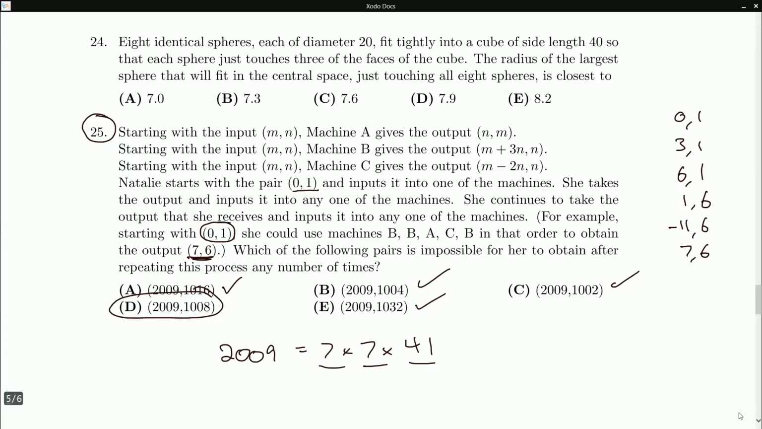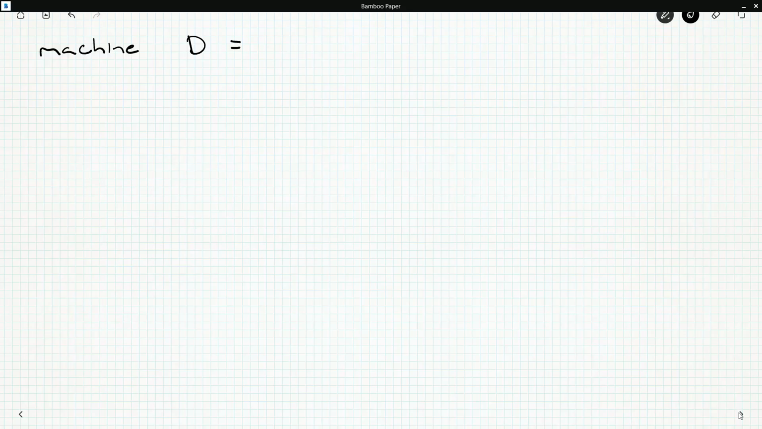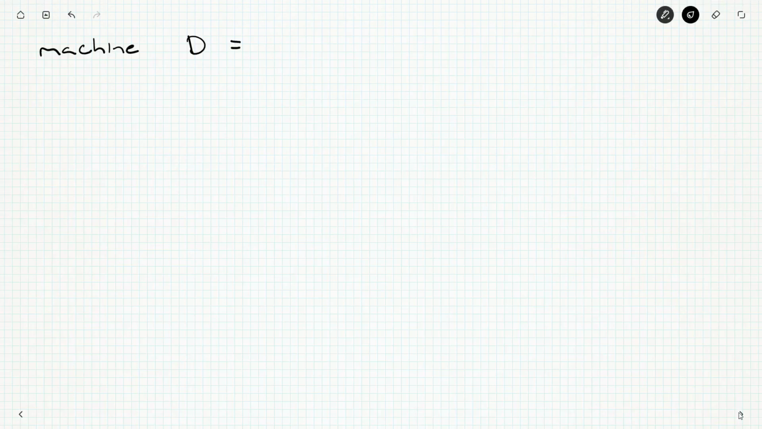So machine D, I'm going to say is, and this is extra stuff. We've got our answer here. The answer is D. I'm just doing it a little bit more because I feel like if you haven't seen greatest common divisors before, then you're going to be sort of a little stuck. Okay, and so what could we do instead? Well, we could sort of try and reverse this stuff. So machine D is going to apply B,